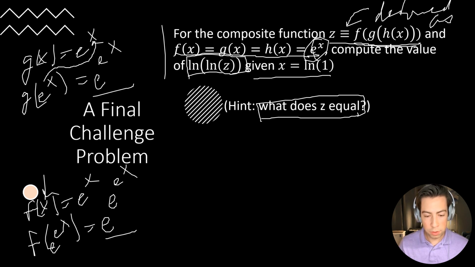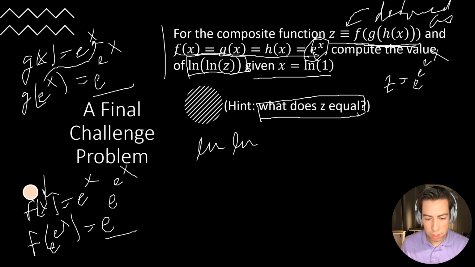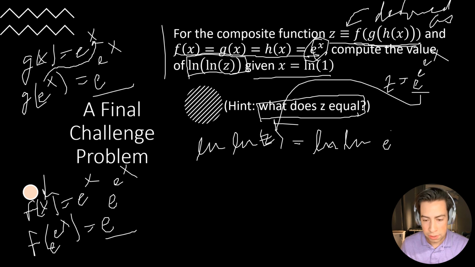So what I'm going to do is I'm going to take, well, okay, so we have z equals e to the e to the x, right? Now I want the natural log of z, right? And I wonder, what does that equal? Now I'm just going to plug in e to the e to the x for z, okay? So I'm going to have natural log of e to the e to the x, okay? So now that I have all this, I'm going to have to use some logarithm rules, okay? So remember,